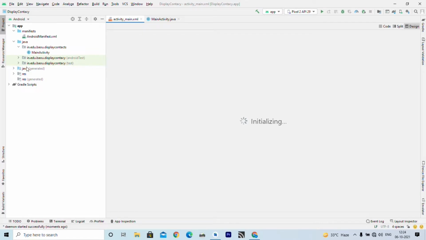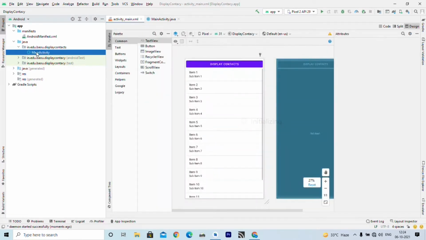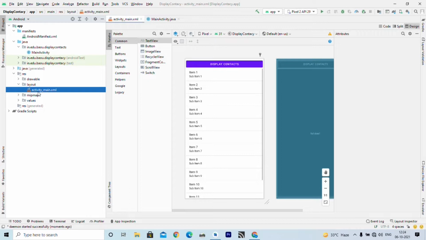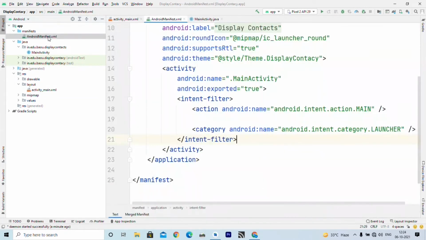Here you can see there is one activity called MainActivity and one layout file, which is activity_main, as usual. To display contacts we require the READ_CONTACTS permission, right? So, we must include that permission inside our AndroidManifest.xml file.